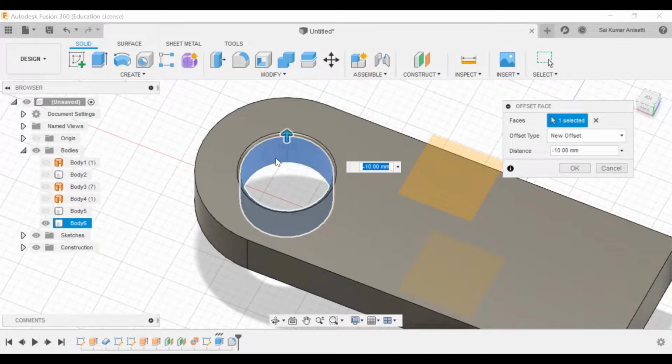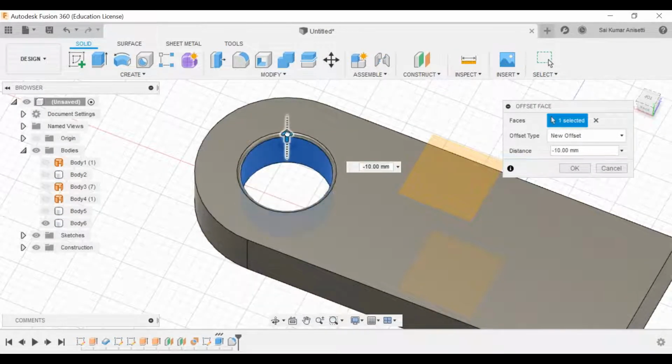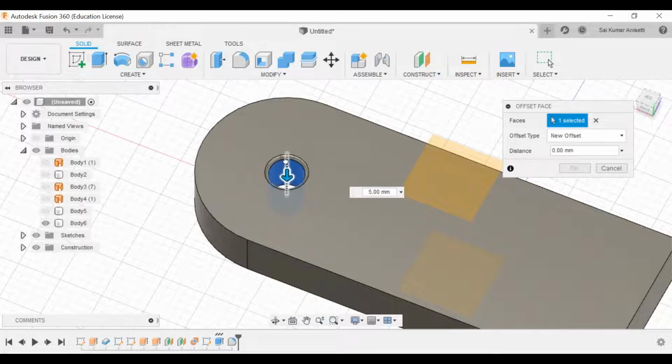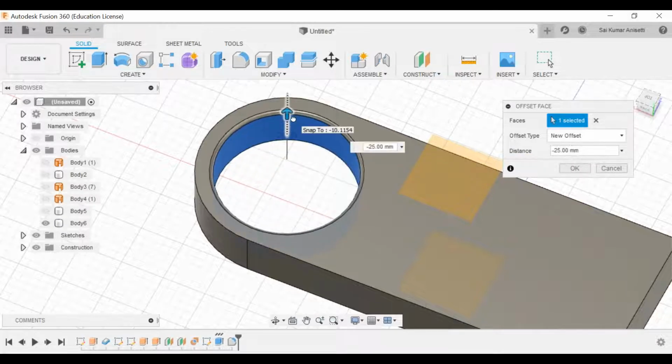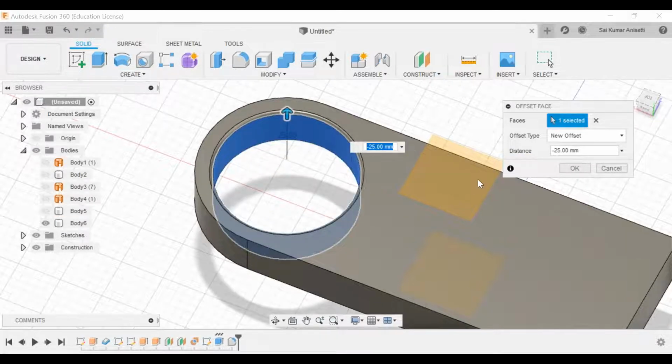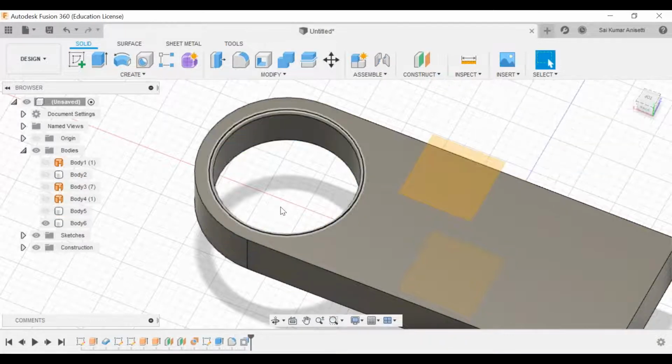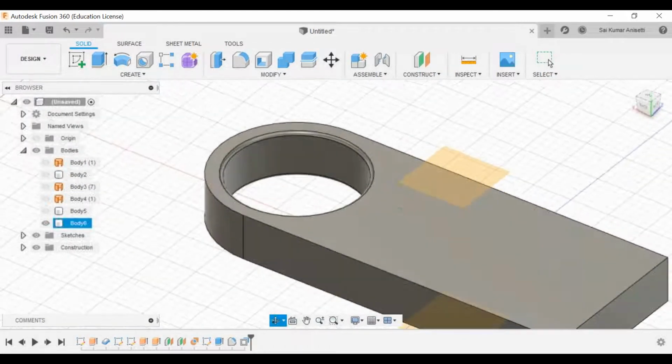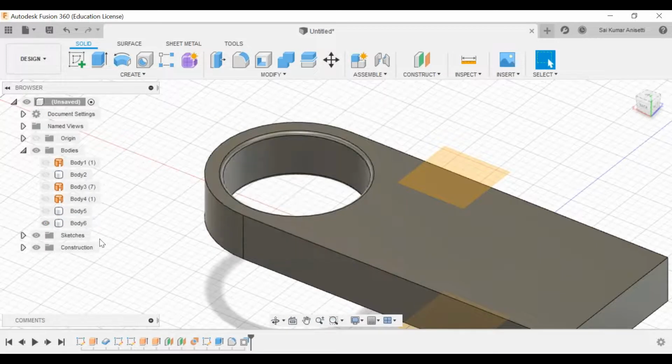You can pull it in the up and down direction to increase the thickness, and sidewards to increase the size of the hole and everything. That depends on your decision. Some people just want to increase the thickness without disturbing the size of this particular hole. You can do that. A negative sign and positive sign indicate either direction. That is how, without disturbing your sketch, you can increase your dimensions.